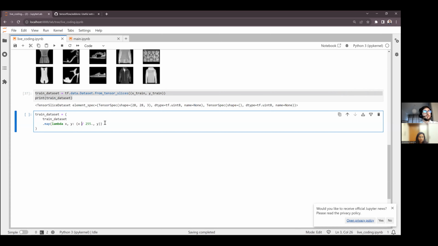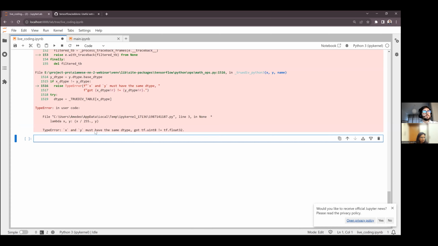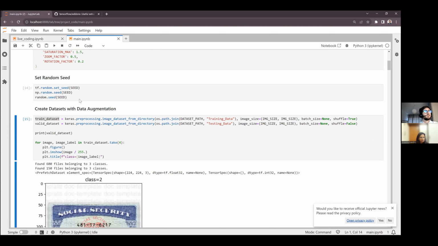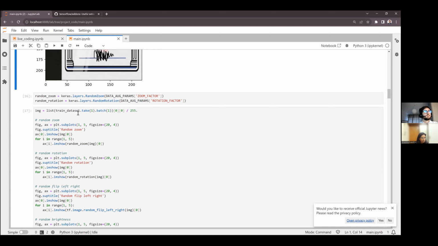I can try to run it to see if it works. Same, must have the same dtype. Oh, something changed. Let's see how it did something like that in the old code.